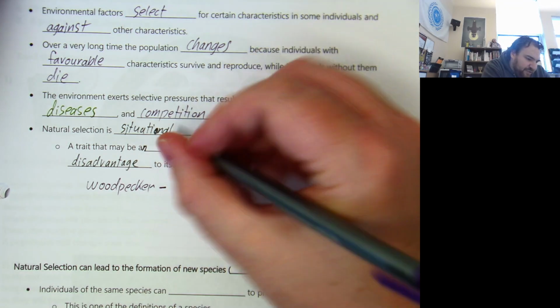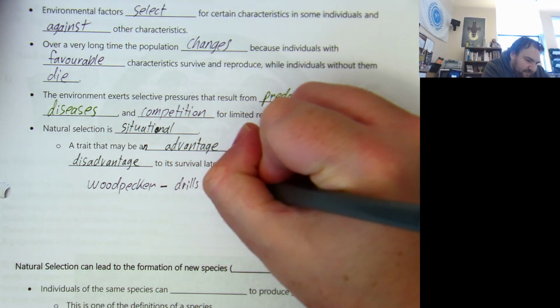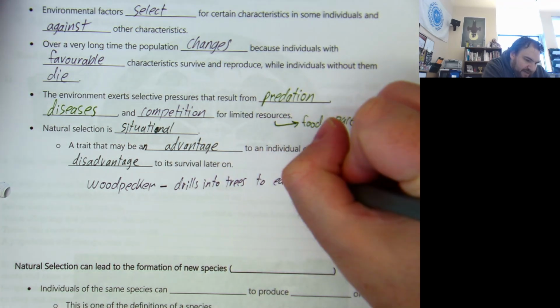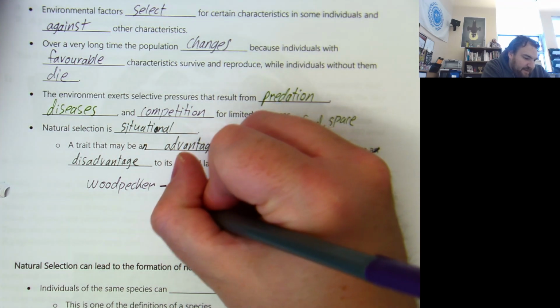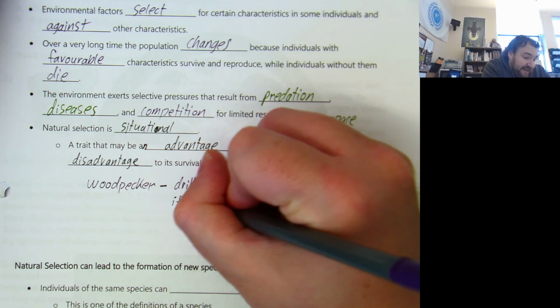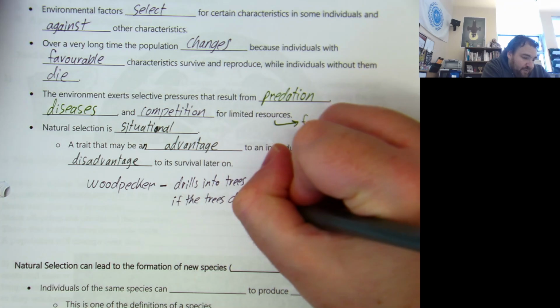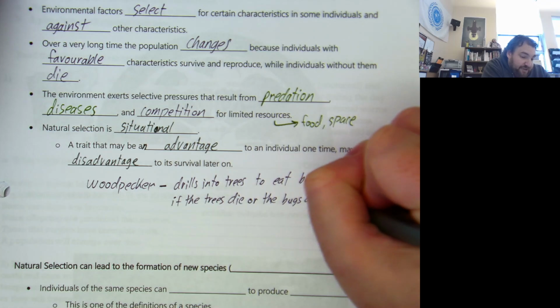So it drills into trees to eat bugs. That's why it has the beak that it does. If the trees die out, or the bugs leave, or the bugs die,